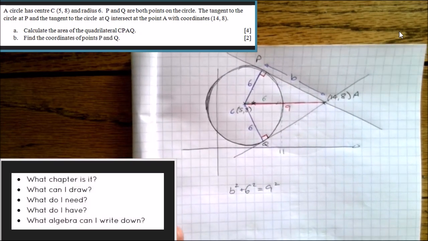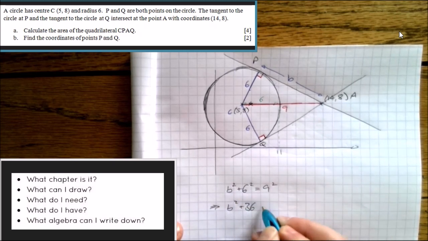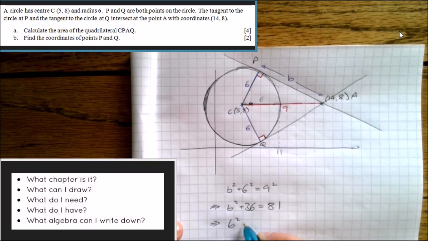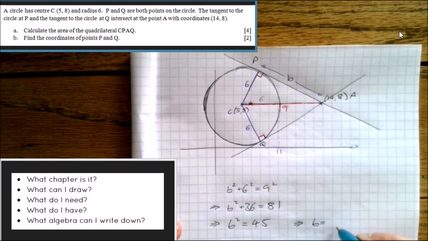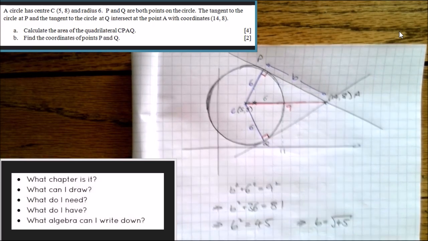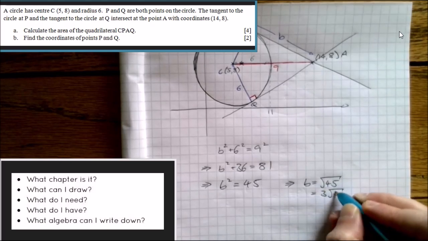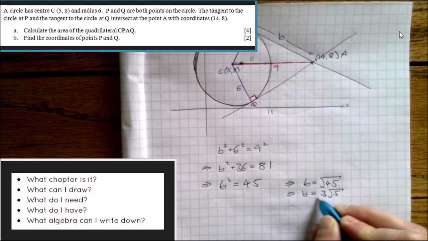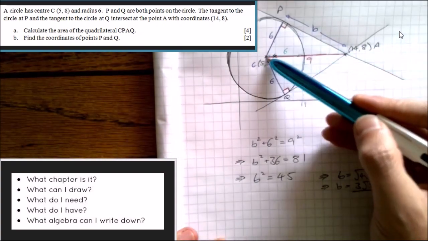Oh, we're really on a roll here. That gives us B squared add 36 equals 81. B squared is 45, and so B is root 45. Ooh, there's a square number that goes into 45: 9. That is 3 root 5. Fab. So the area of just that triangle there